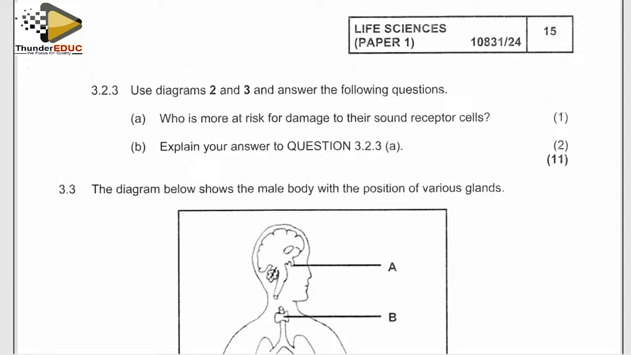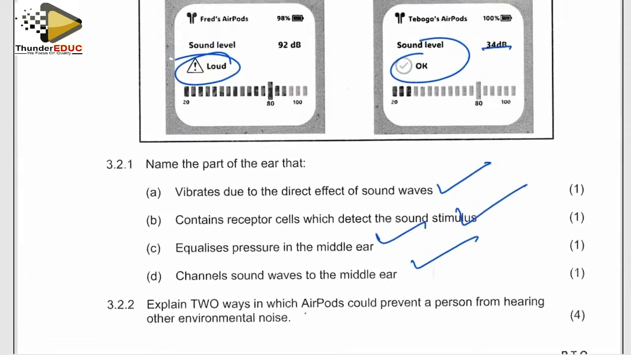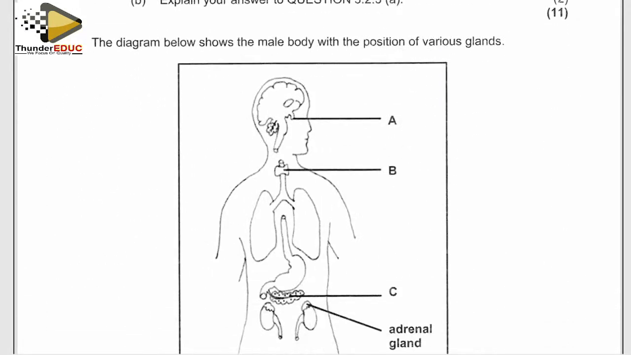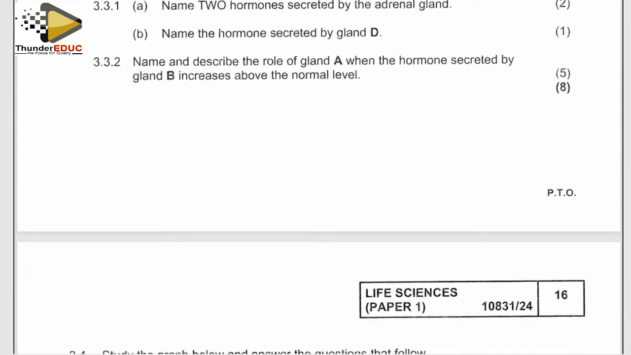Between who? 3 and 4. So 3 and 2. The answer is this one, because it is louder, therefore it's easy to damage those cells. Then number 2,